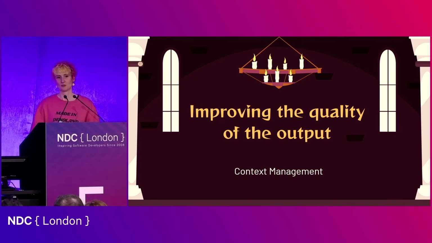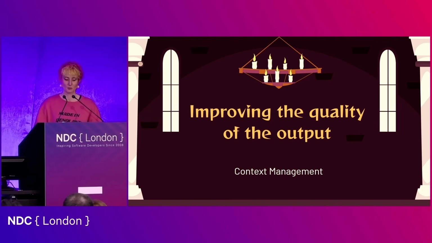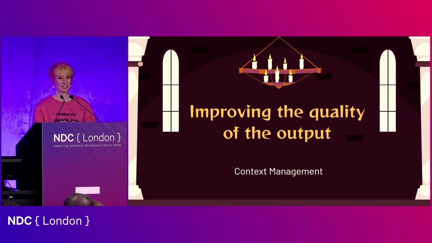So we can't assume that the model knows what's relevant to us. We have to tell it every time. We have to be really explicit in our prompts, which can make your prompts quite unwieldy. It feels not very glamorous, but it is essential. Without context, we don't get narrative. We get noise, which means you have to be really careful when you're structuring your prompts, which also means you have to be quite careful when you're managing your token budgets. You want to design workflows that help you preserve the continuity.